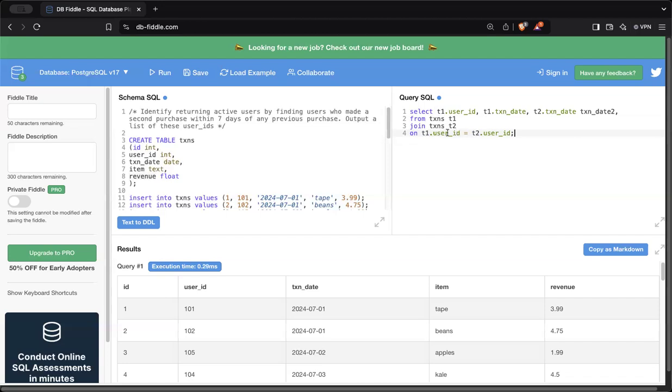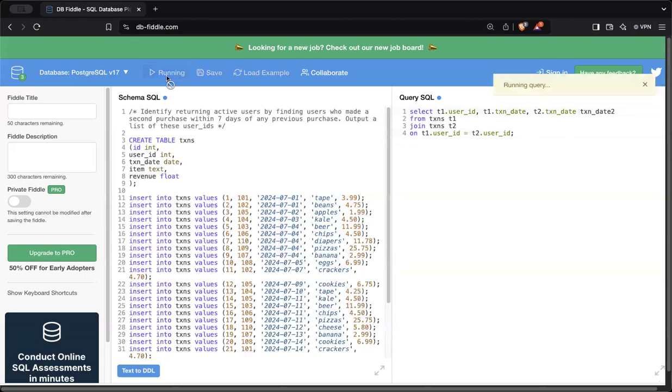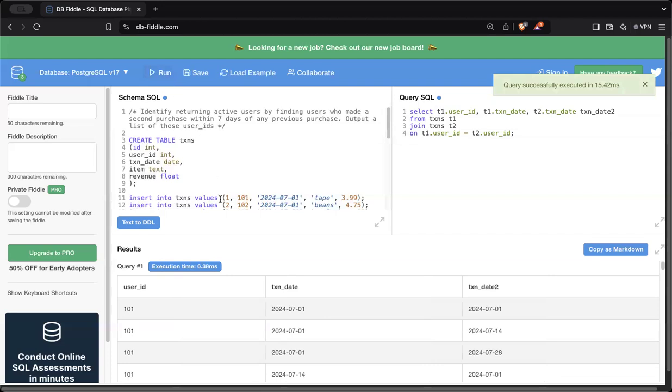Let's take a look at what that looks like. There's this extra comma here. Okay. So for 101, we have made a purchase on 7/1, and then other purchases, 7/14, 7/28, and 7/1